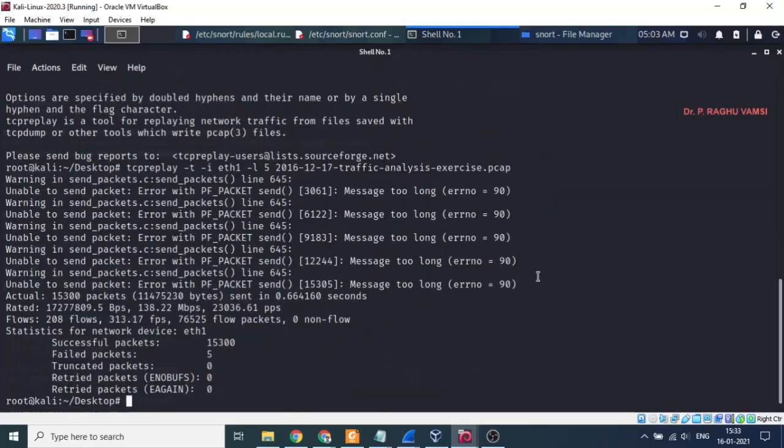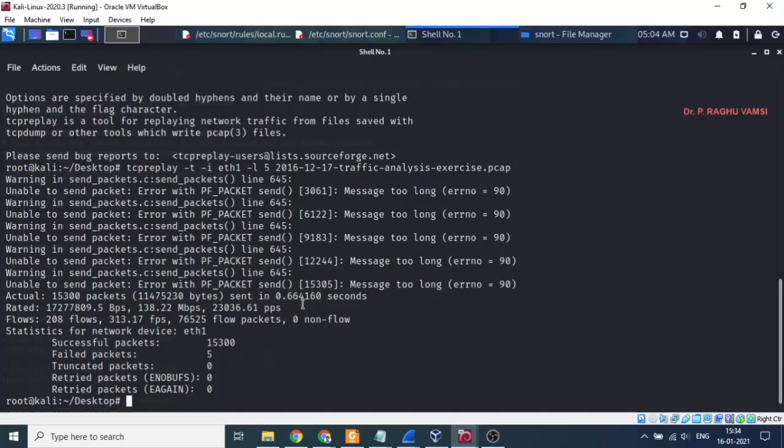Now whenever you run this, it shows that it is unable to send packets, no problem. But here, statistics for the network device Ethernet 1: successful packets sent are 15,300, failed packets are 5,009. And it was sent nowhere. Actually, it is a kind of toy simulation that we are doing with tcpreplay.